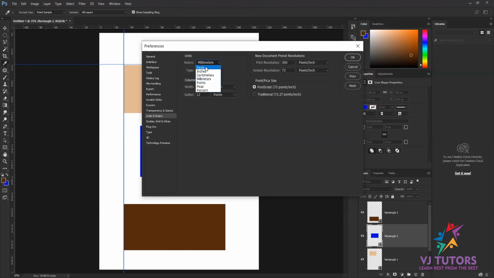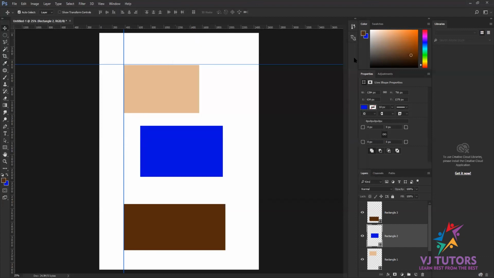So I change that unit to pixels and just press OK. That's it, nothing else you need to do. So right now we have the guideline in the pixels unit. So this is how the guideline works.